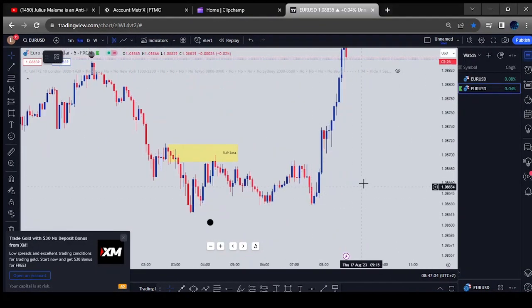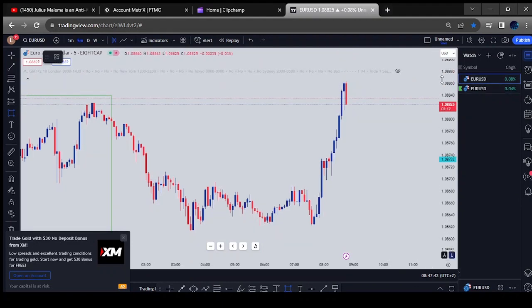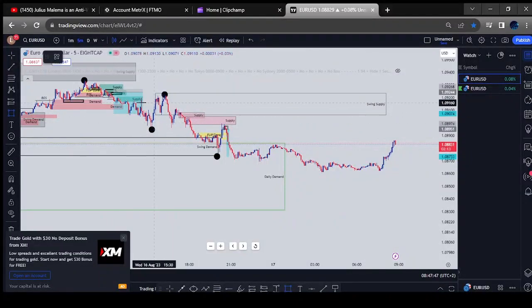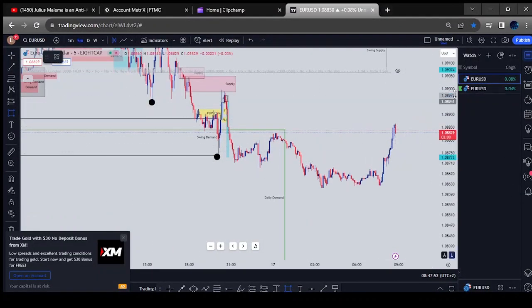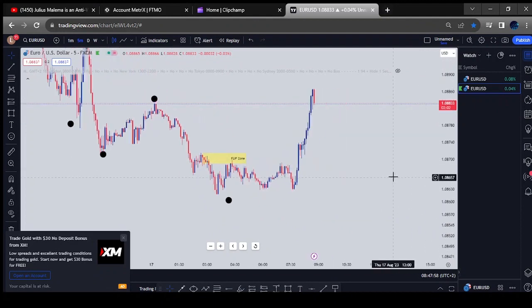I think it's also very important for me, guys, to redo the charts every single morning. I'm only going to track it on the 8th cap broker, where I'm not going to remove my work. I'm just going to leave some of it here and there as I go along with time. But on the FXCM broker, it's very important for me to come in and have a fresh look in the markets